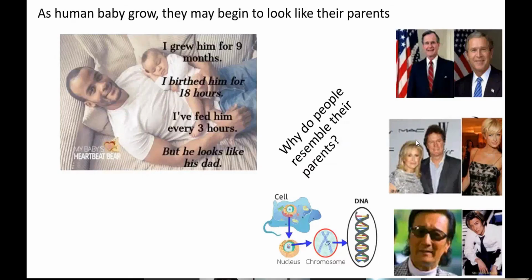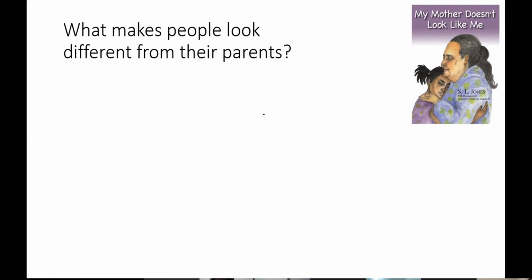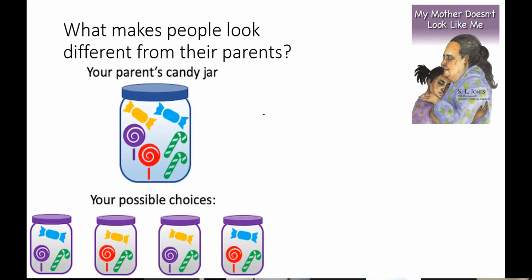Yeah, because the DNA, and this picture shows, yeah, some child doesn't look like their parents. What makes people look different from their parents? Yeah, it is because of some combination. There are so many combinations